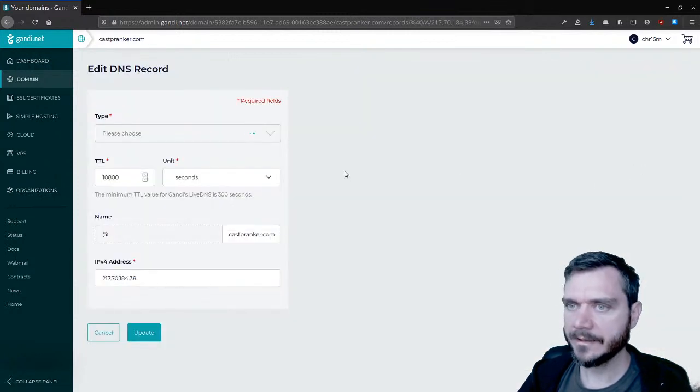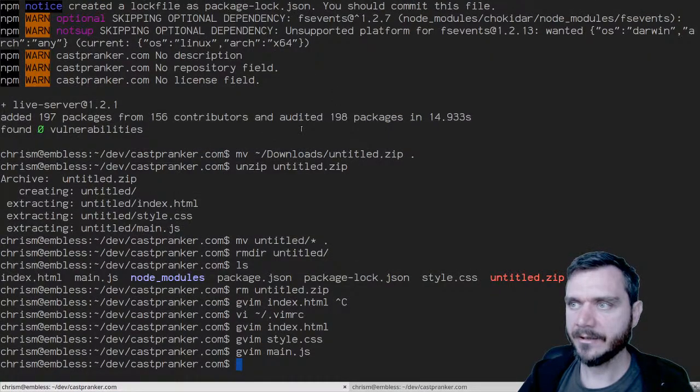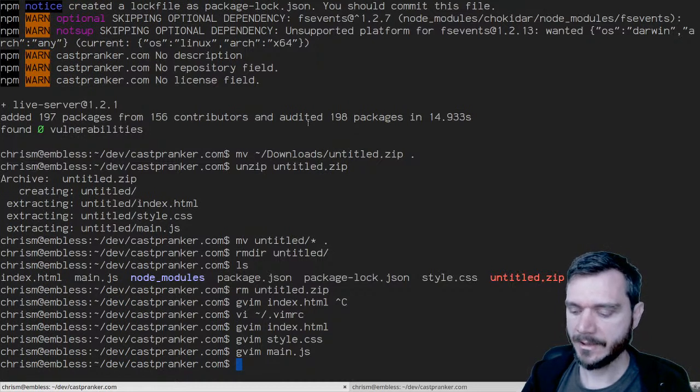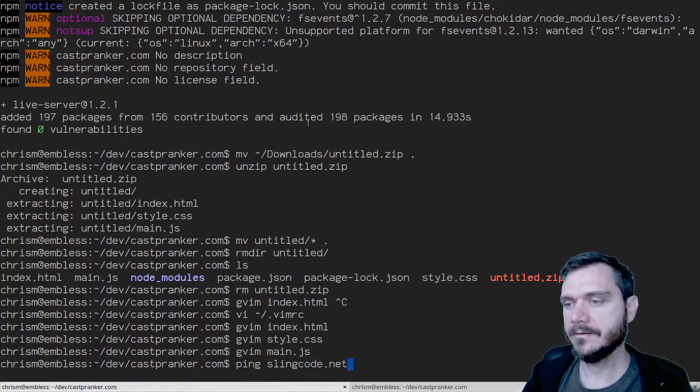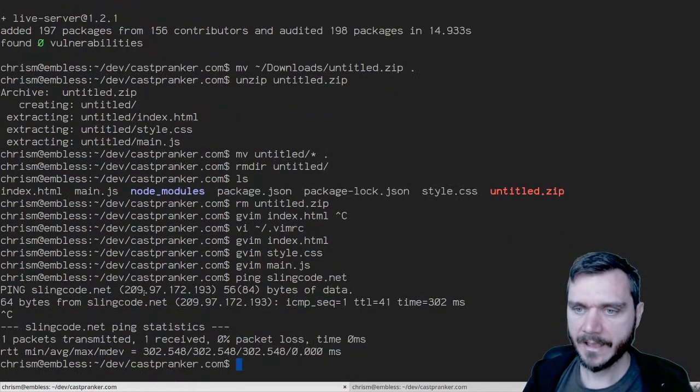So I'm going to click Edit in there. As I mentioned at the beginning, I have a single DigitalOcean machine that serves all of my sites, well, almost all of my sites. It's got about 30 sites on it now. And so I'm going to put this site on the same box. And the way I'm going to find the IP, which I don't remember what the exact IP is, is I'll just ping one of my other sites. So Sling Code is actually running on that same box. So I'll ping that, and I can see the IP address here is